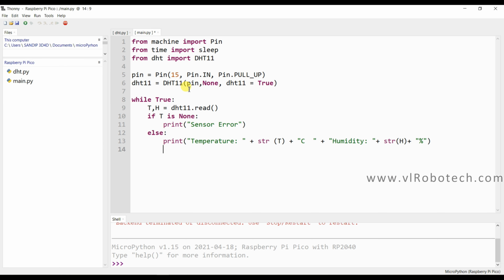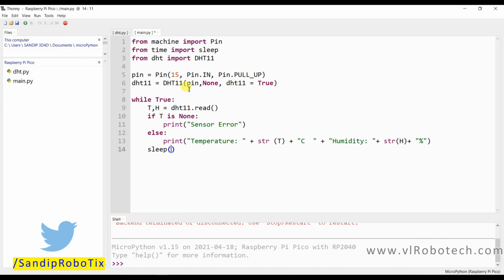Okay, now I will use a delay, so the sleep function for 1 second. Okay,